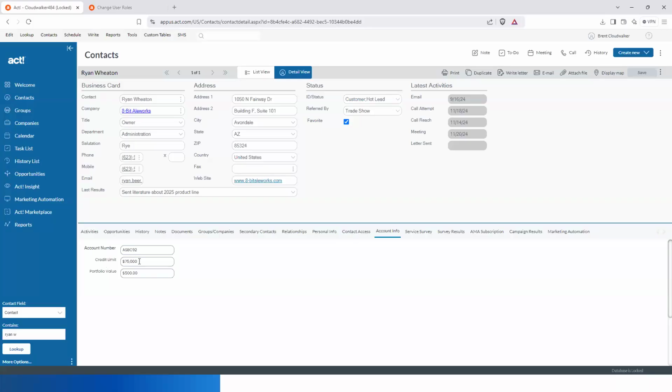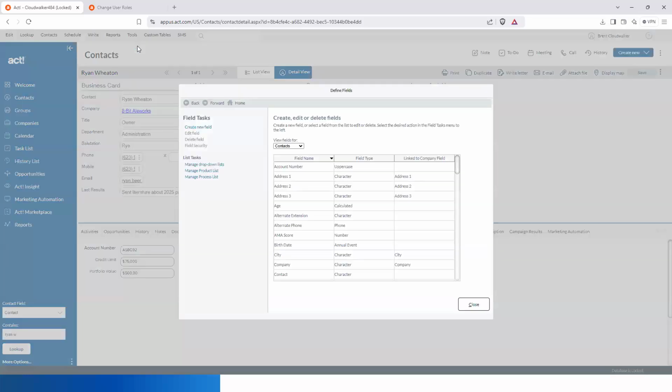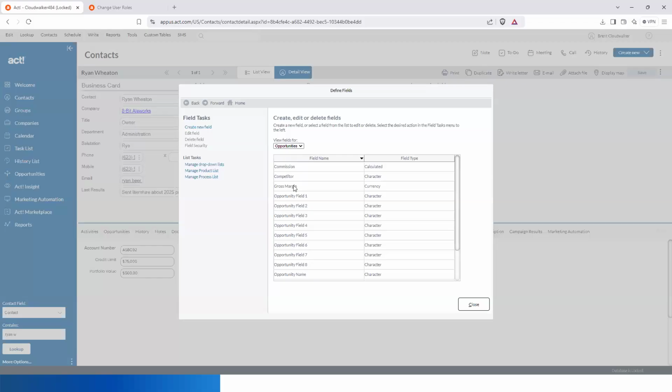So what I'm going to do now is show you how you can limit access to this field, whether I'm limiting somebody's ability to edit it or to even see it. In the tools menu, we're going to go to define fields, and this is going to show me my contact fields. Since this is a contact field, that's why this one came up in the dropdown. You could change it to fields for opportunities, groups, or companies using that dropdown. And a lot of people miss this dropdown. So if you're looking to limit or change the security for an opportunity field, make sure you change this dropdown to opportunities so that you can see those fields. All right, so don't skip that dropdown.